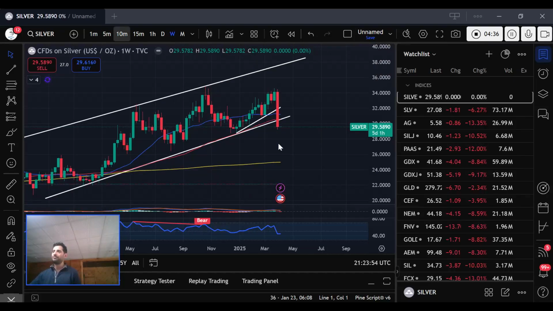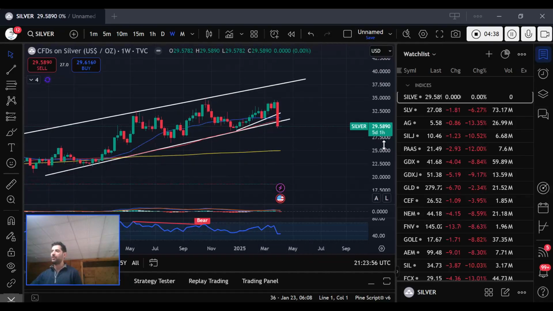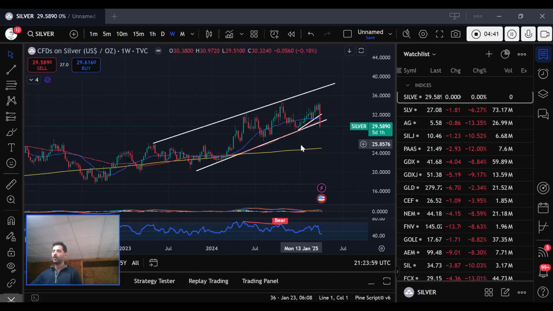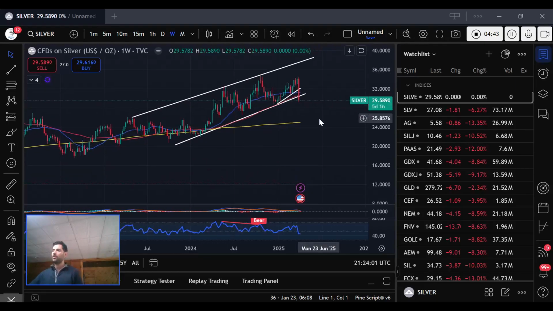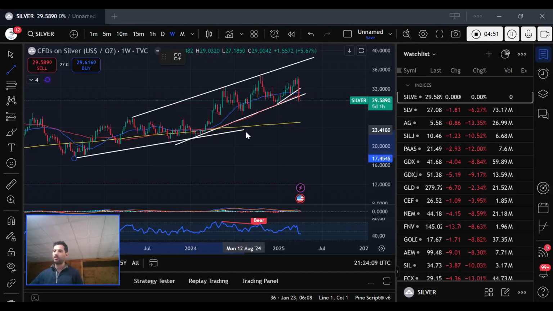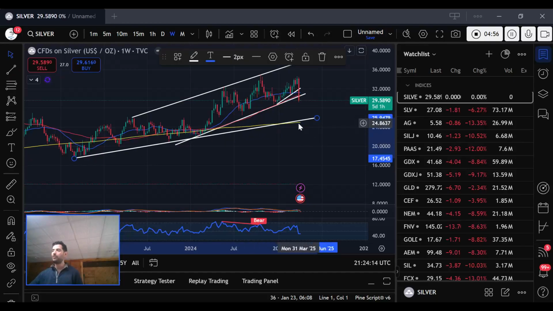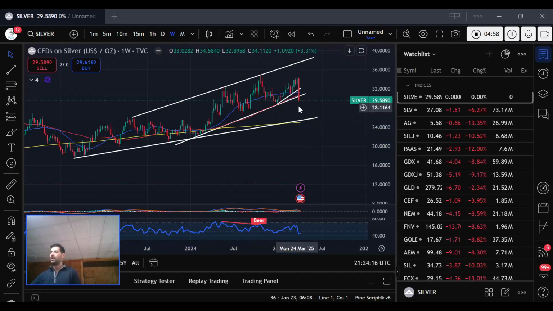If not, then we're going to see silver head down even lower, okay? So, and how much lower? You're looking at it right here, basically $25, give or take. If I make another trend line from these lows here, along with these lows, we're basically even with the 200-day moving average here on the weekly chart, right?